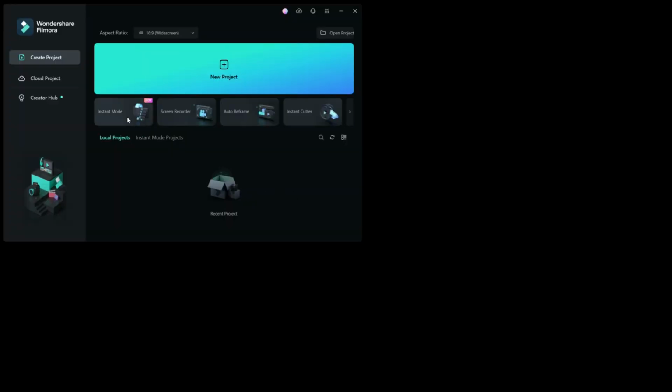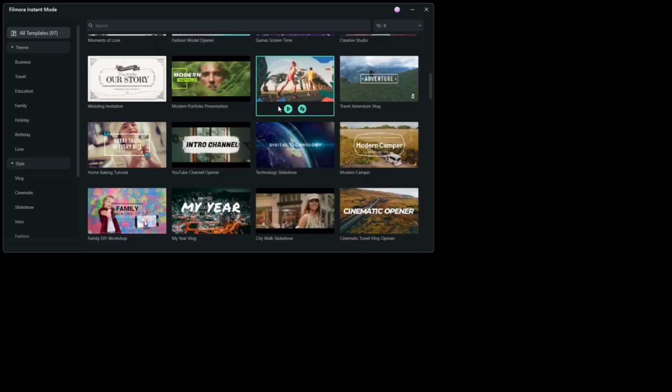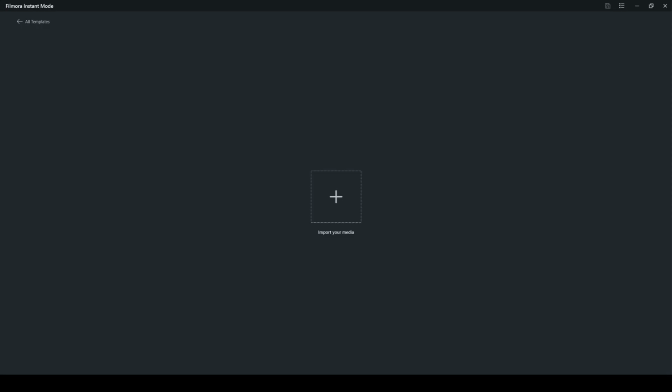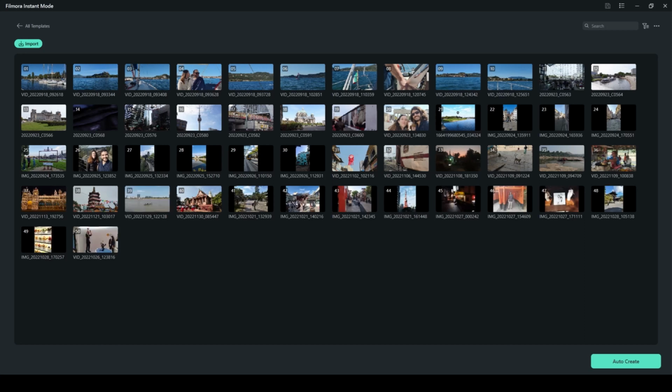Instant Mode is a feature based on a template engine, similar to what we tried in Clipchamp. You select the template you want to use and then import your media into the project. Here's the first issue, if you want to call it that way. Your choice is limited to 50 clips. This might seem fine for most of you, but for a person that works with a lot of footage, 50